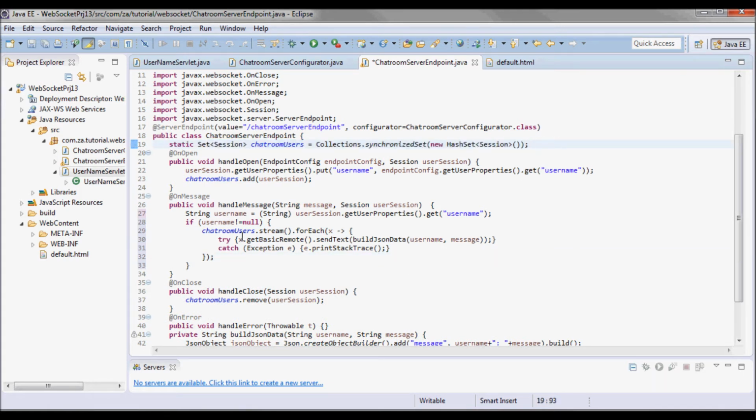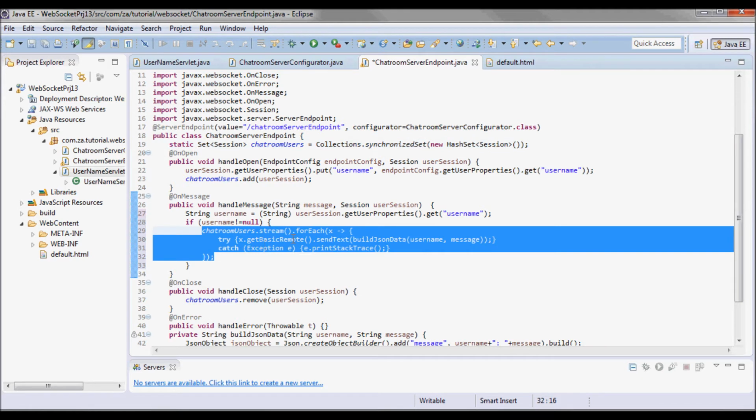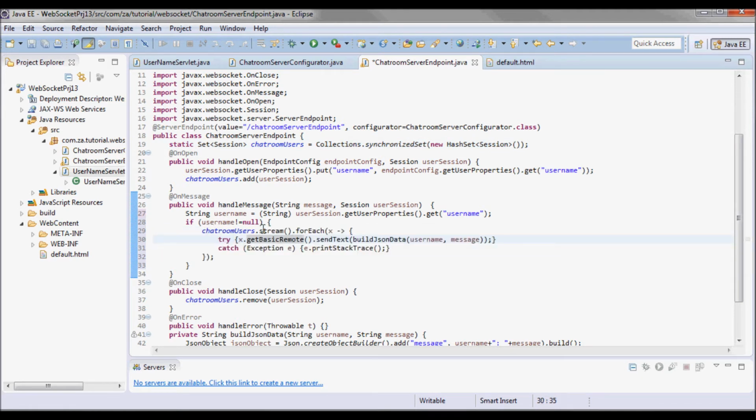And I'm using here Java 8. So I'll do chatroom users.stream for each, and for each session I'll call the get basic remote and do a send text, and the text will be JSON text using the build JSON data method that we just coded here.